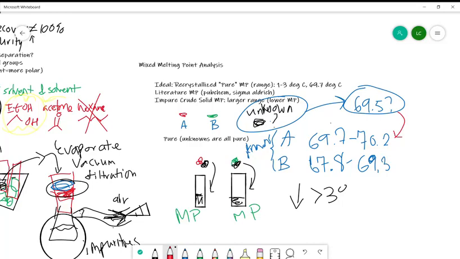the mixed melting point, so right here, let's say like this one was lower, and we had like a 6 degree range, and then let's say this one was around like 69.0 or something like that. Well, these should all be ranges, so let's say it was like 67.6 to 69 degrees. And they should be small ranges. Then this one,